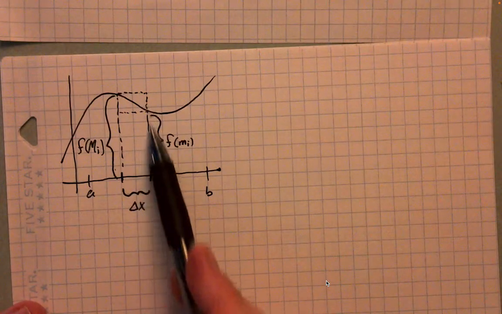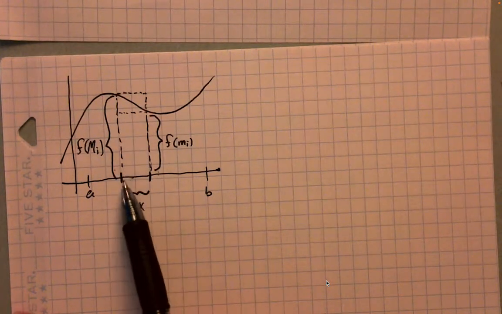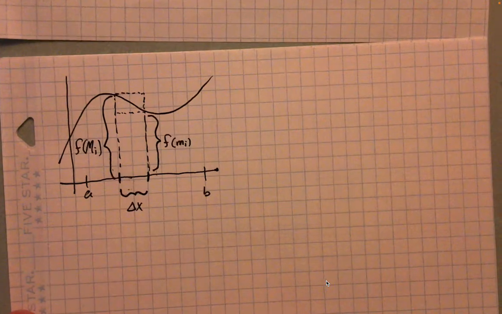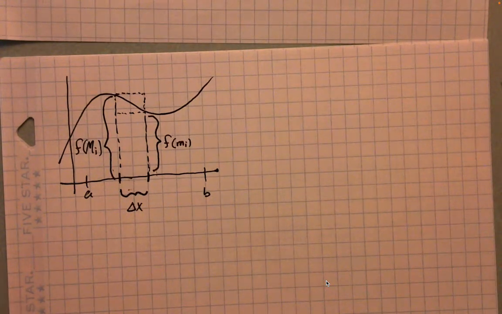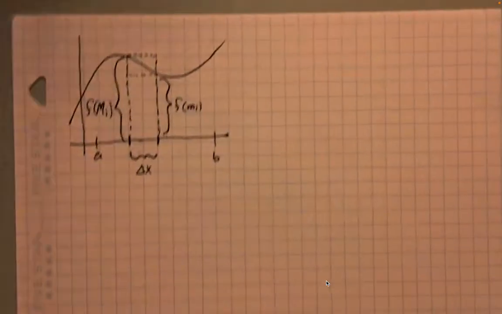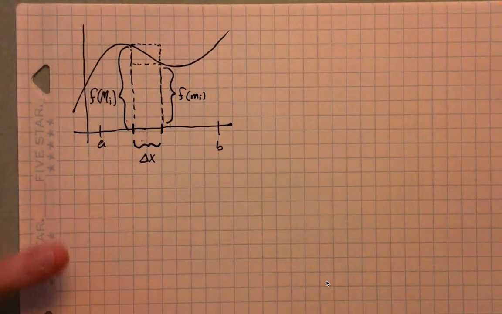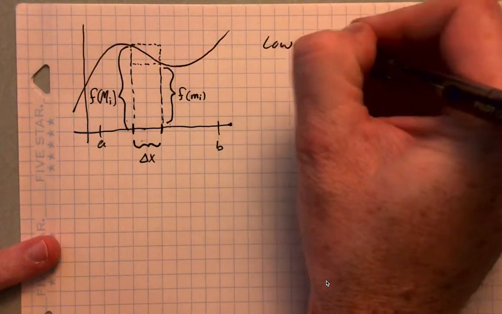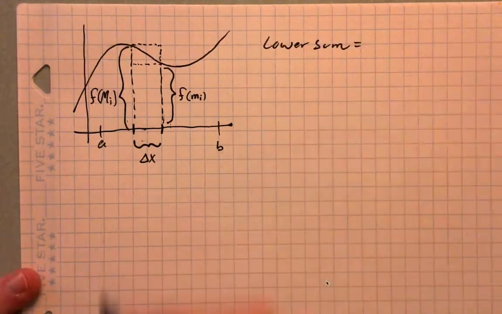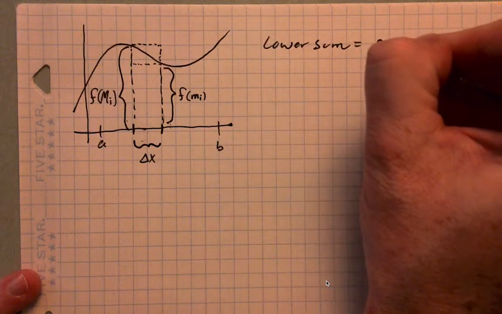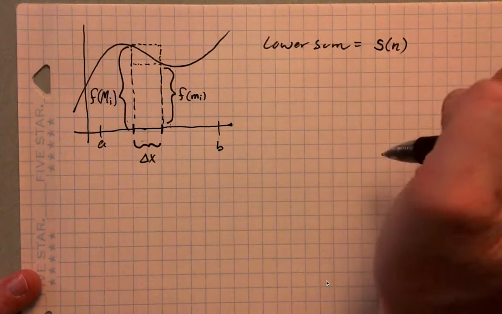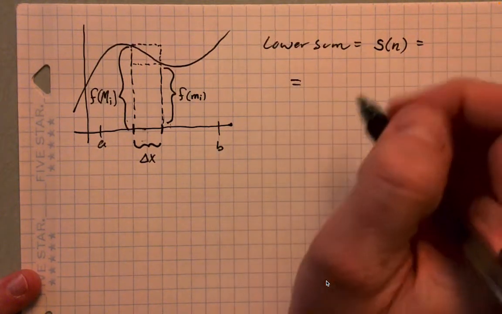So you've got the minimum value over here, you get the maximum value over here, delta x is the width. And so what we're going to define now are what are called the lower sums and the upper sums. Okay. So the lower sum, okay, in this case is going to be, we're going to use a small n. Okay, the lower sum,